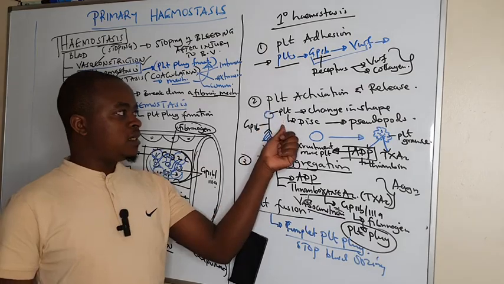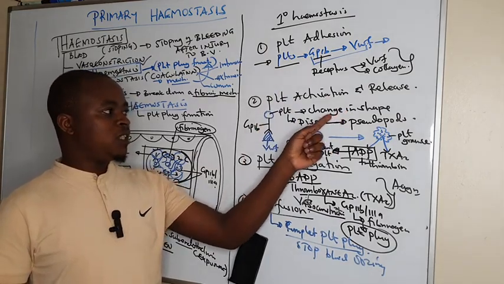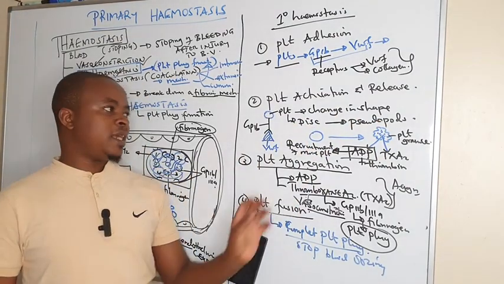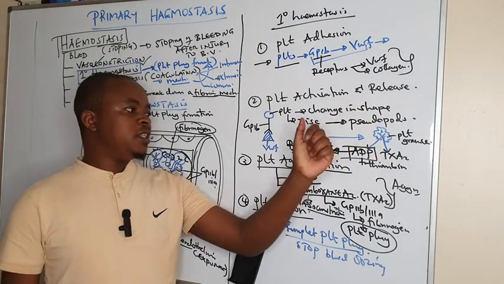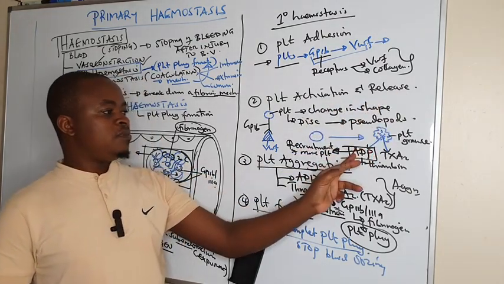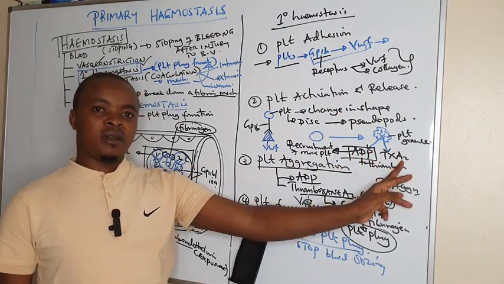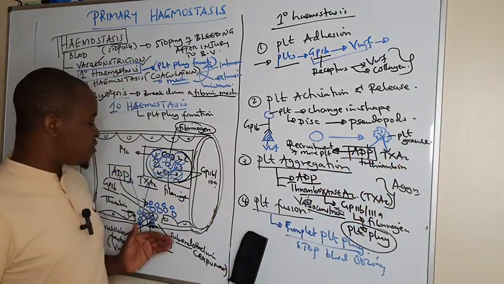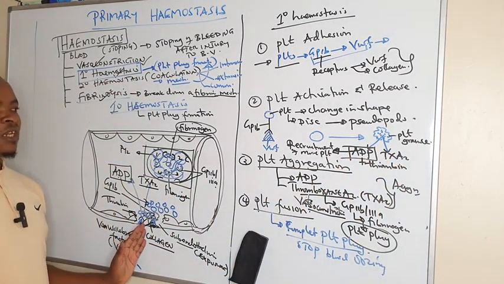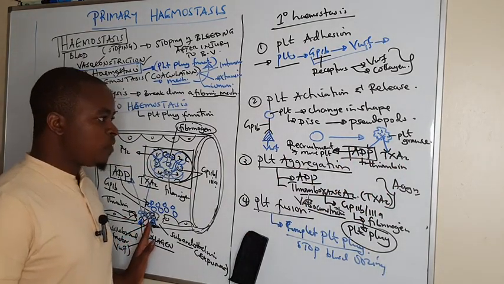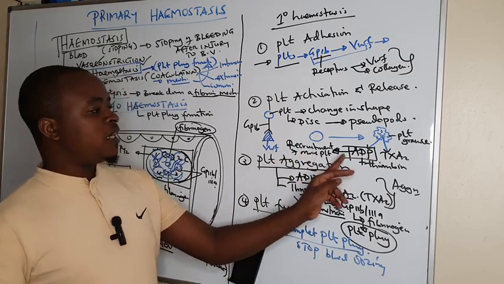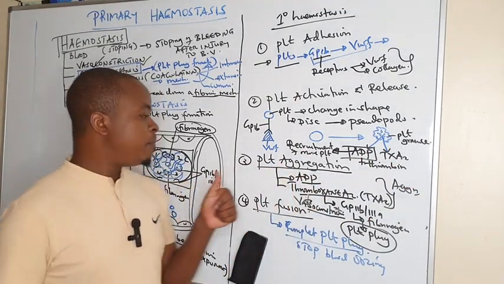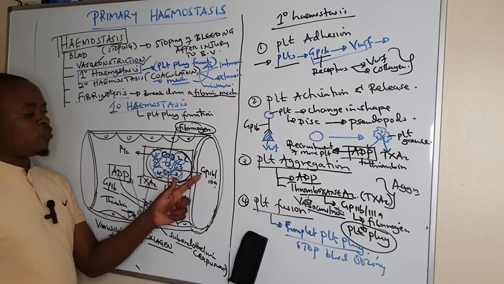And when the platelets adhere, they become activated by changing shape from discoid to the amoeboid shape. And as they change shape, they are triggered to release ADP and thromboxane A2, which are platelet granules. Once released, ADP is going to cause more recruitment of platelets at the injured site. And after recruiting more platelets, the ADP and thromboxane A2 go ahead to trigger the platelets to expose glycoprotein